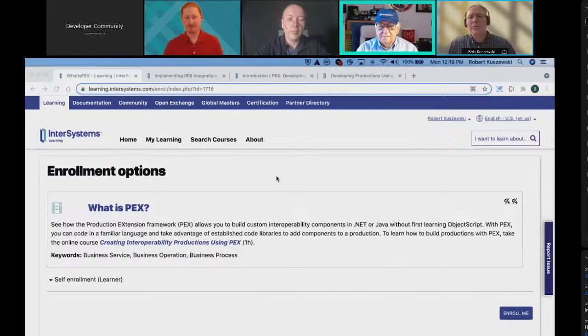It allows you to easily create an adapter for really anything you would like in Java or .NET. So it uses our Java gateway or a .NET gateway, and it gives you a clean way of connecting, like, a business operation or a business service up to some other library.